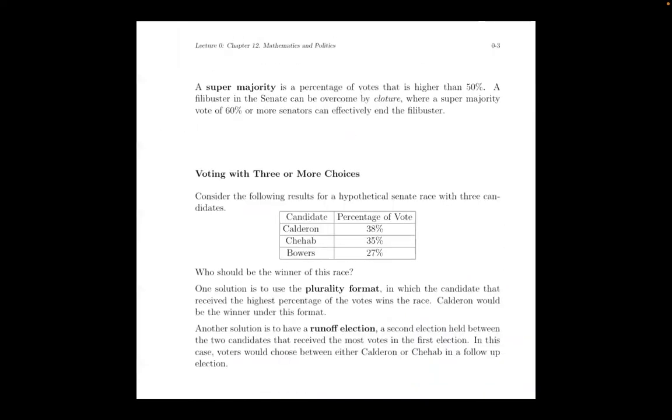So before we get to that, I'll just mention another concept from the book, and that's a supermajority. Supermajorities are not really dealt with in a common situation. I think maybe in boards for corporations or corporate bodies, they might use supermajority voting for certain decisions. For one thing, in the Senate